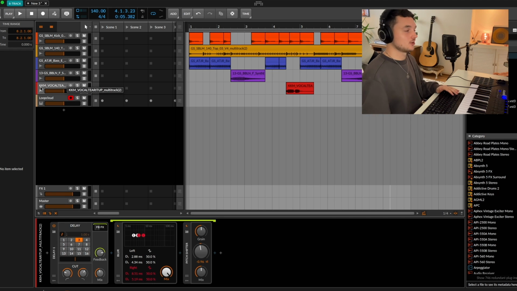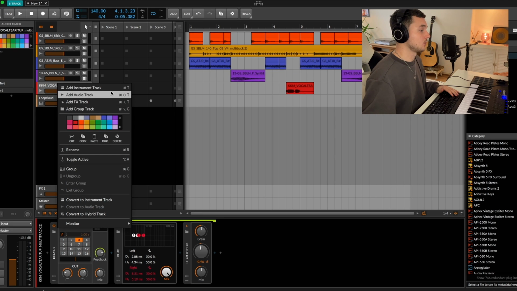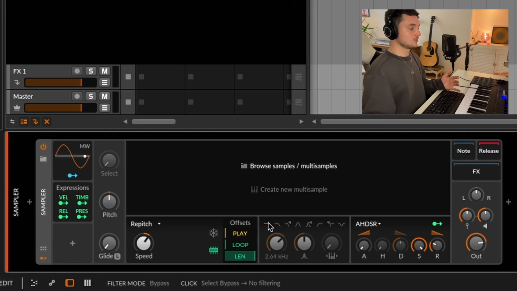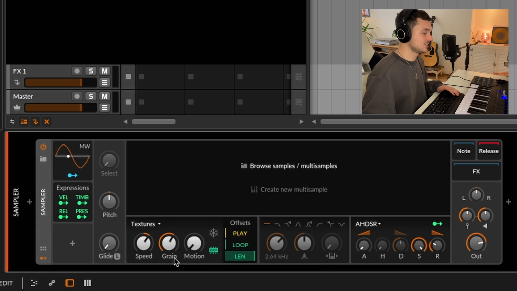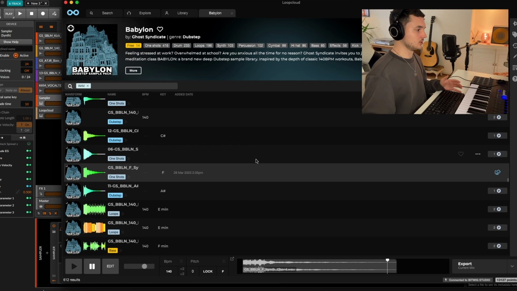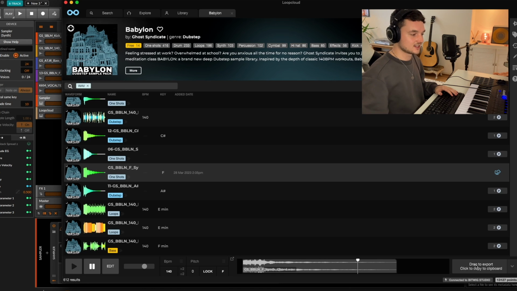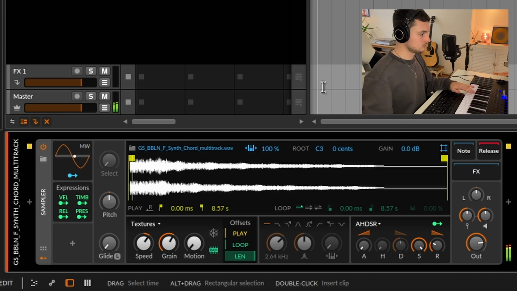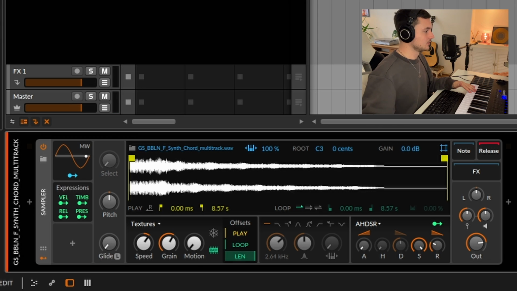One last thing to show you that I've really enjoyed playing with for the last few days, Bitwig Sampler. So one of the really cool things about the sampler in Bitwig is that it's got this cool granular setting, textures. If I grab an effect from Loopcloud, like this, I can drag that straight into the sampler here and instantly start messing with it for some quite cool results. So if I bring the speed down a little, also the size of the grain, and bring the motion right up,